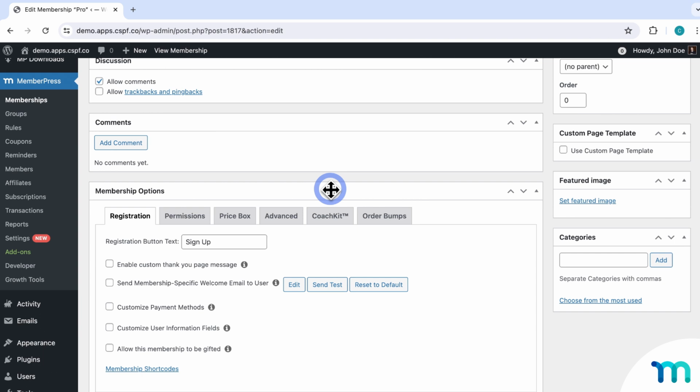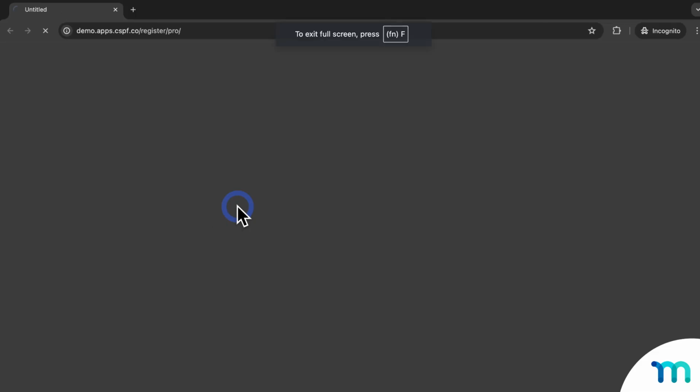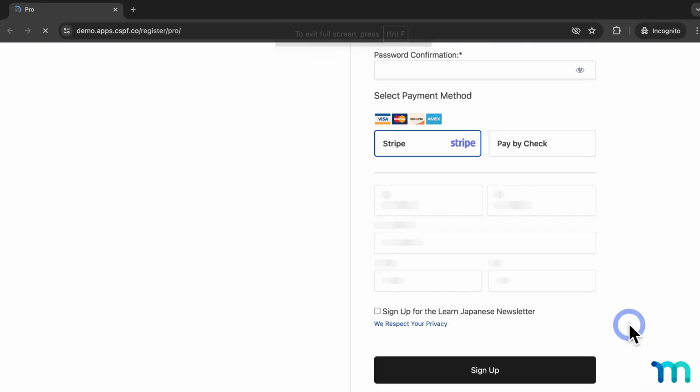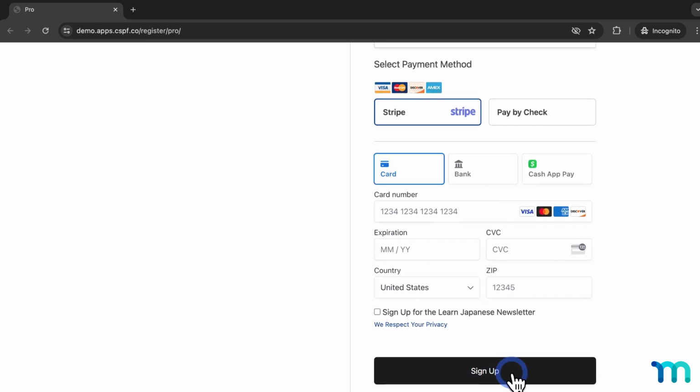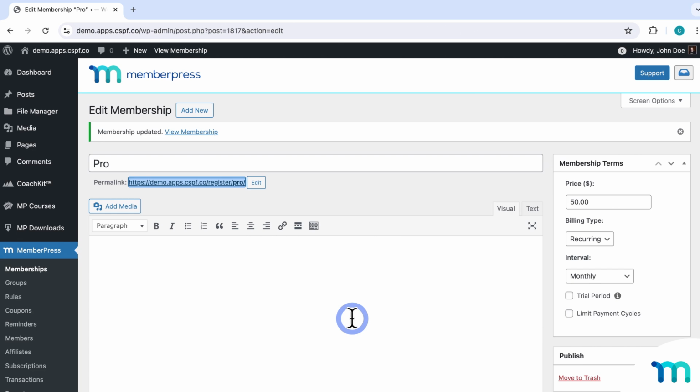So right here on the membership, if you scroll down to membership options, you have a bunch of things that you can do. So here on the registration tab, you can customize the registration page features. You can change what the registration button at the bottom of the page says. So going up to my registration page here and opening that page up, this will change what this button at the bottom of the screen says to sign up. So going back,